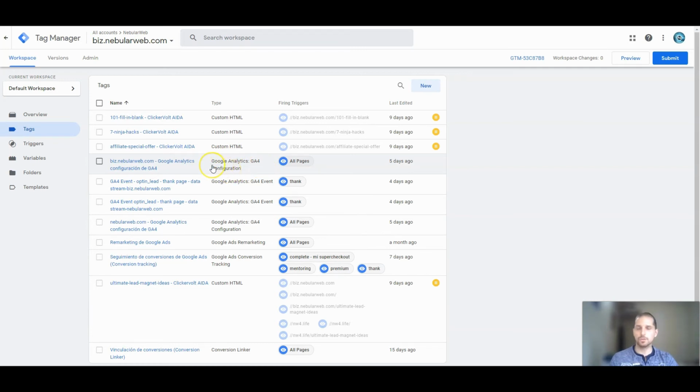If you want to see how to configure this tag together with Google Analytics, I have another video for that. I'm gonna leave the link in the description and in the comments, and also here on the top of the screen. And so now we are focusing on this one, which is creating the GA4 event for this website,